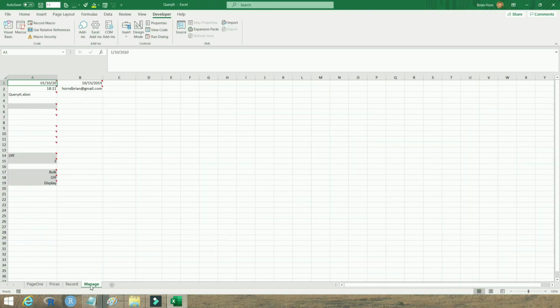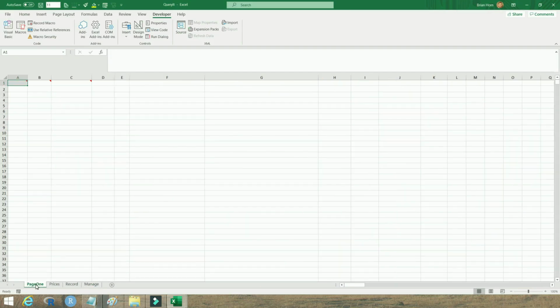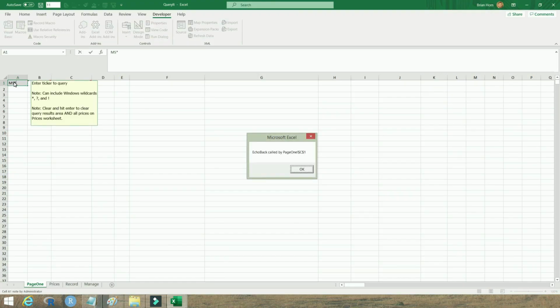So what you can do is come out here to the Manage, turn on the tracing, so that when it makes it to that trace function, it will display things. And you can see here that as soon as we turn it on, we're starting to see some things get displayed. But now we come over here and run the query, and now we see that page 1, cell C1,